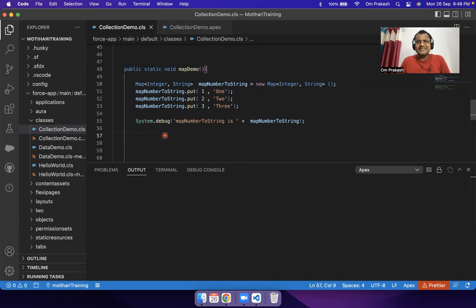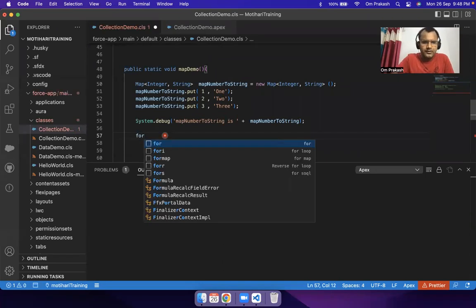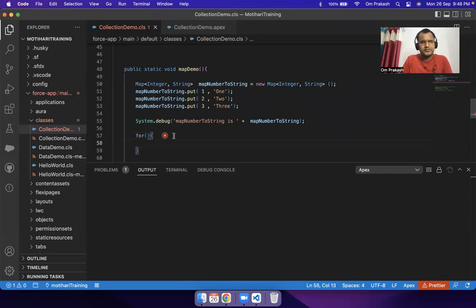Similarly, you can iterate each element from the map also. How? For this, map has a method